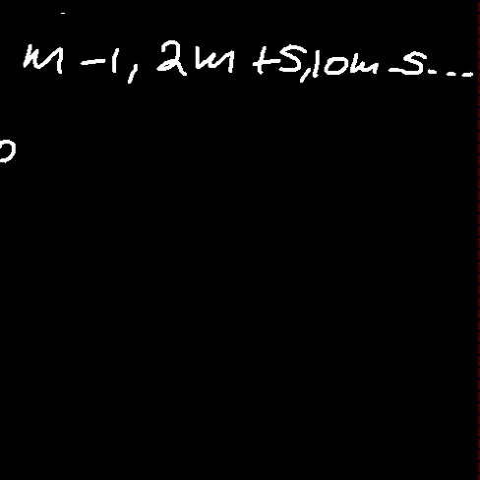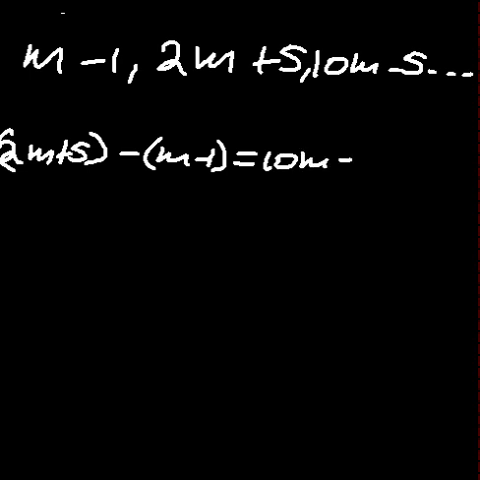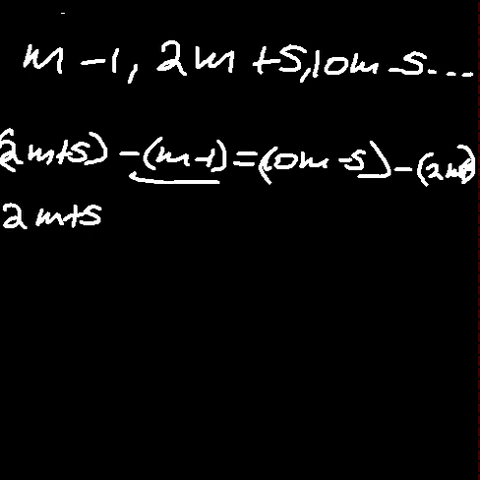So we have 2m plus 5 in the minus m minus 1. This is the same as 10m minus 5 in the minus 2m plus 5. So take note of that, and you have 2m plus 5, and you have to distribute